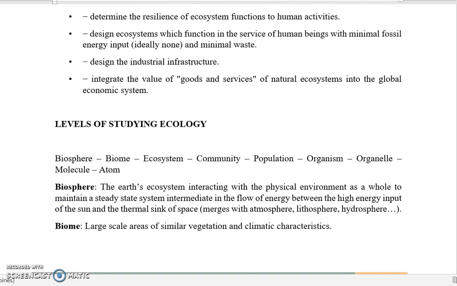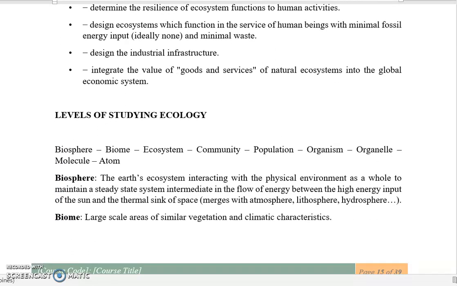The most important are the levels of studying ecology. I know you also discussed this in your introduction to forestry. The levels of studying ecology start with the biosphere. Our biosphere is our Earth. Planet Earth is our biosphere. Next is our biome. Biomes are the biggest, what do you call them,